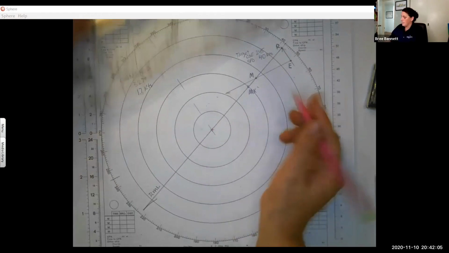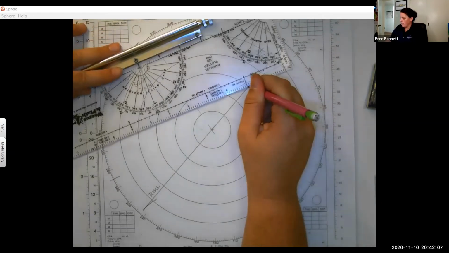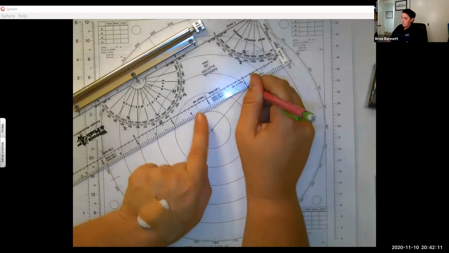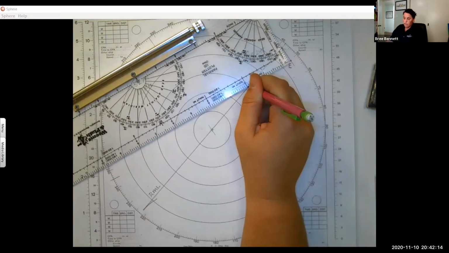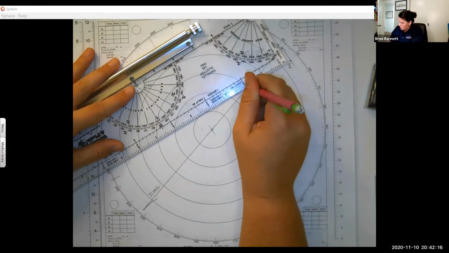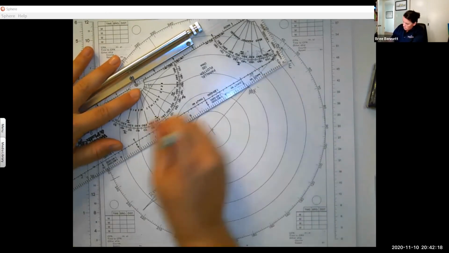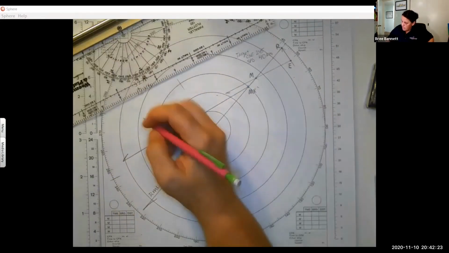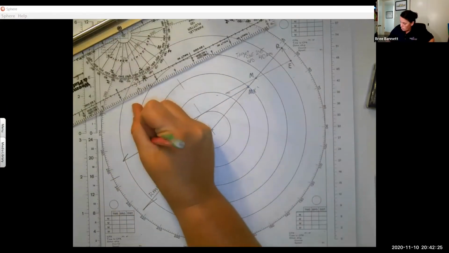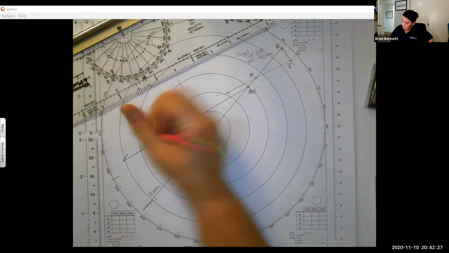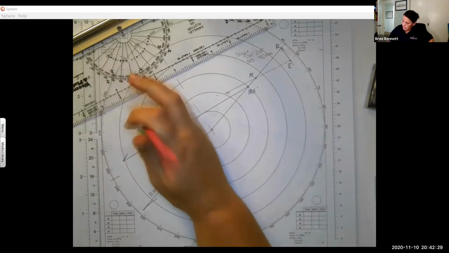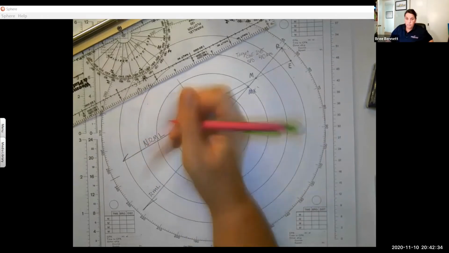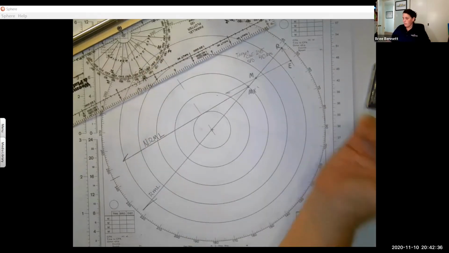So I'm going to connect my MX point and then place my line just tangent of my 2-mile range ring. So just touching there. So this is my new relative motion line. There we go. So now,